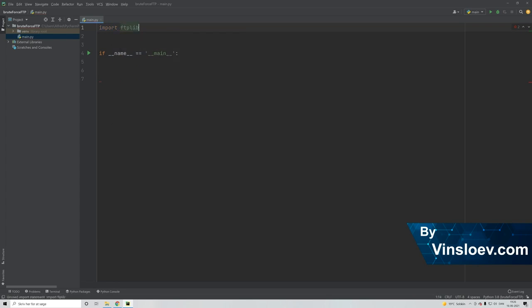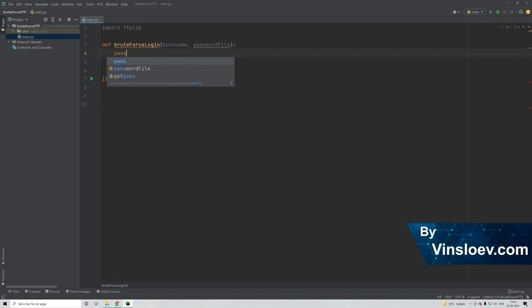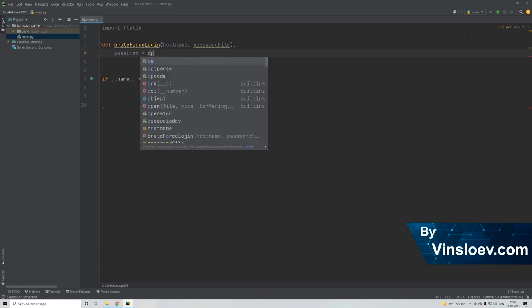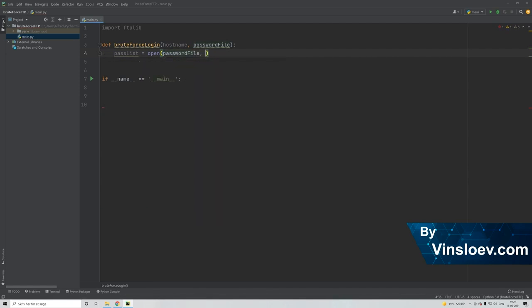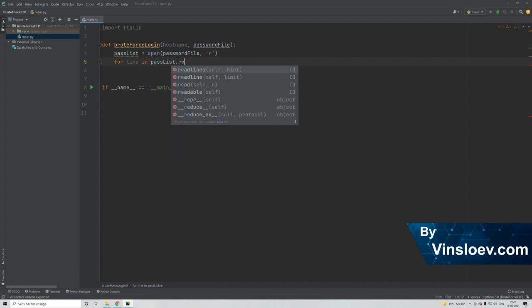So first off, we're going to import this FTP library, and we're going to create our main method. So we'll call this brute force login. This will take in a host name, where we'll define the host name for the FTP server, and then we are going to say pass list equals open, and here we're going to open this password file that we gave as input, and we're going to open it in read mode. Next, we're going to loop over each line in the file. So we'll say for line in pass list dot read lines,